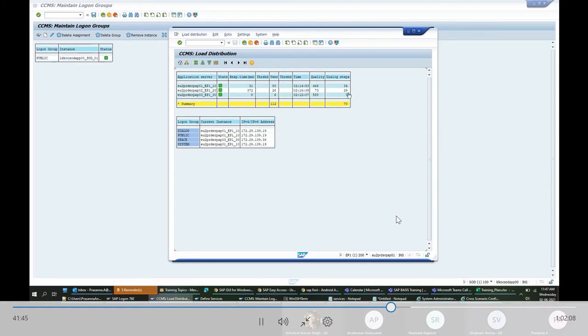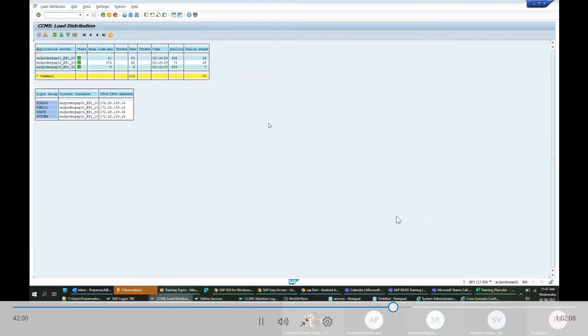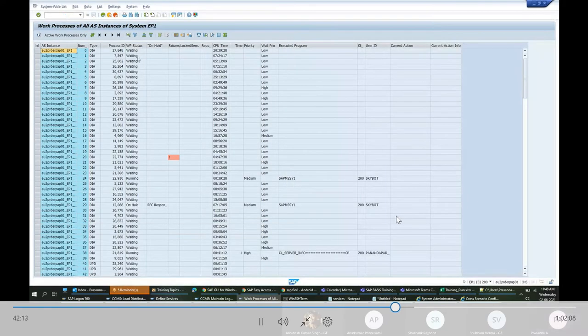But the number of users on the 01 server is larger than on 02. It is 80 and 26. That is because not only end users are using the system. There is also batch processing running, meaning background jobs are running in the system. They are scheduled during night times. If you go to this T code, SM66, you see all the processes.